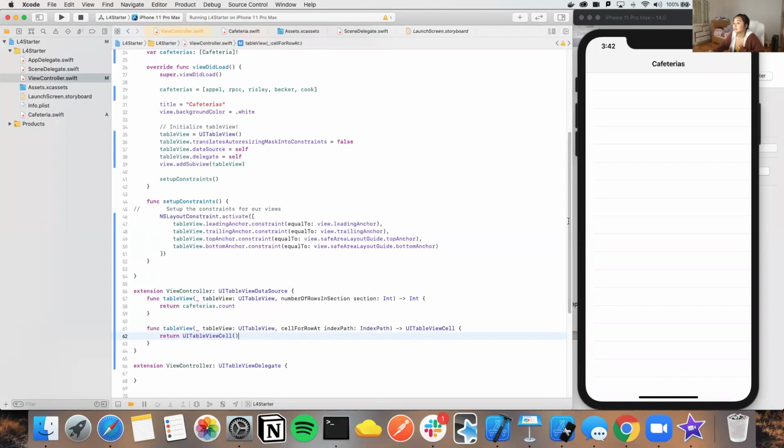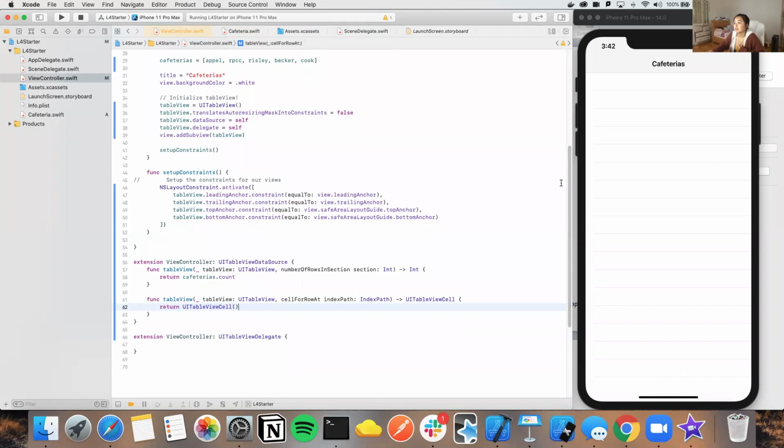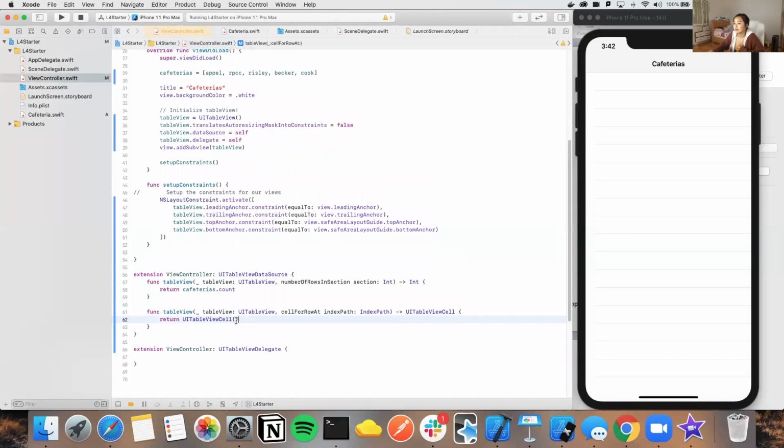But what you can do is, as we mentioned in the lecture, UIKit provides standard cells that you can use. And so if all we want to do is just show the cafeteria name in our table view, what you can do is say,